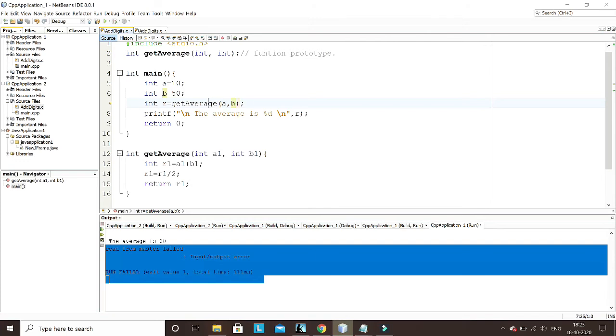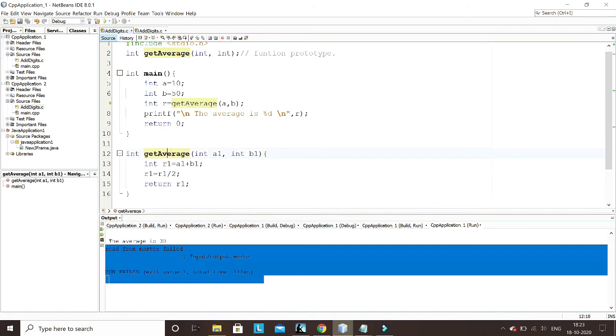Here what I want is that this function should calculate the average of a and b, and the result, the average value, must return to main, because I want that value here in main to do some calculation. Here I was just printing, but assume that I want that value for some calculation. So what will happen is the moment you call this function, it will jump from here to here.